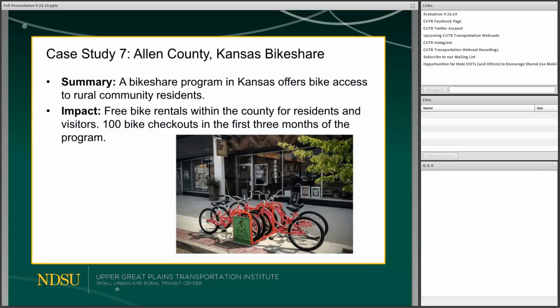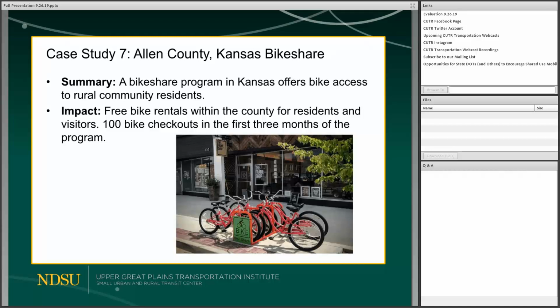This program allows the public to check out bicycles for free for different periods of time, ranging from minutes to months. While Allen County already had the built environment to facilitate bicycling in their community, a barrier to bicycling identified by community members was a lack of bicycles themselves. So a library bike share model was set up with 20 bicycles distributed among 4 different locations. With free rental, the program aims to meet the needs of residents as well as the low-income population who may or may not have access to smartphones or credit cards.